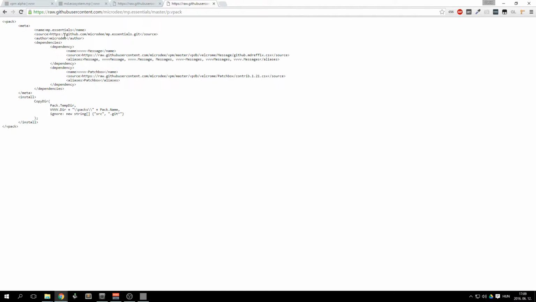So this is more general. This will collect some files from a Git repository, the source, and then also install some dependencies here. Note this one, vvmessages and vvpatchbox, both created by Workroom, doesn't have a script like this. Both of these are referencing scripts from my VPM repo currently, but in the future we can extend it